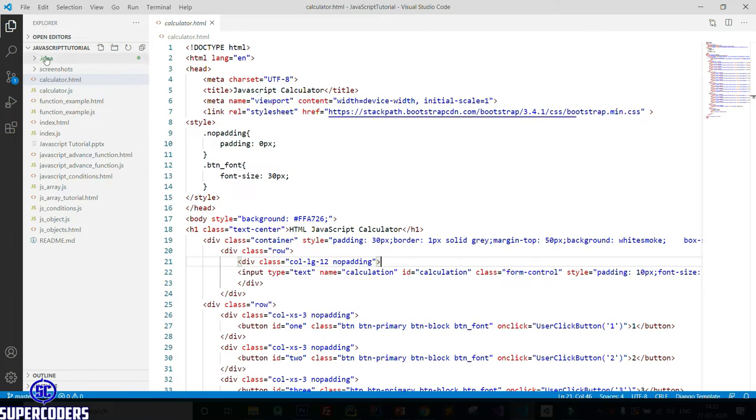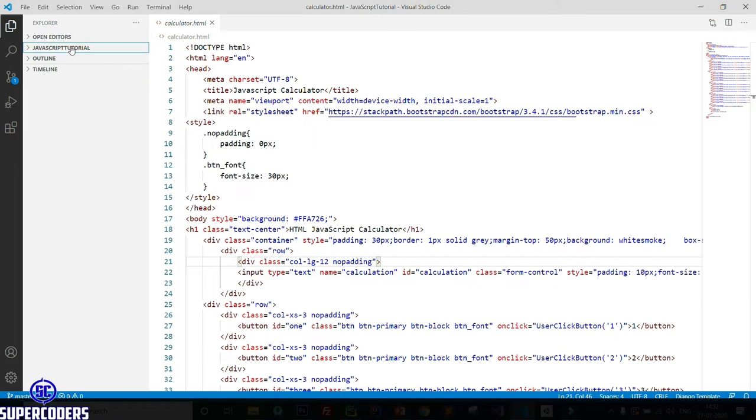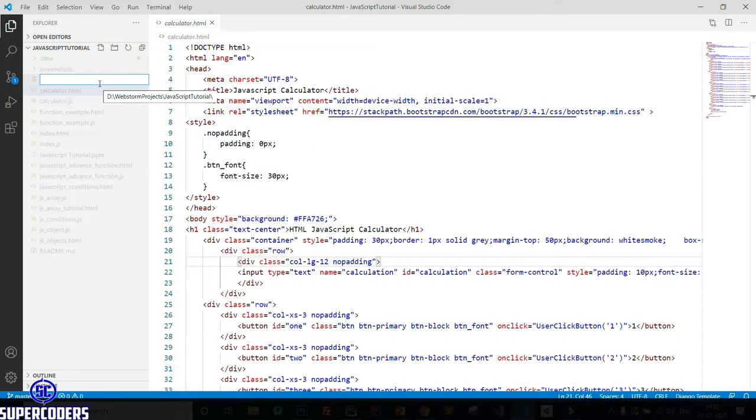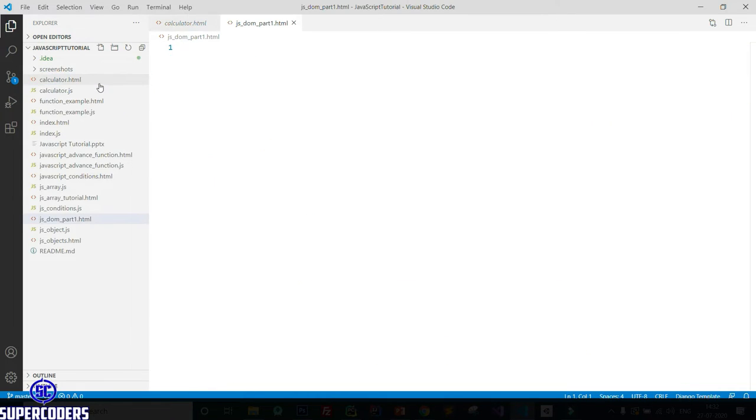Now creating a new file. So here, click on this new file, giving the file name like JS DOM part 1.html.